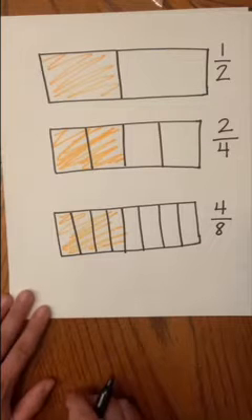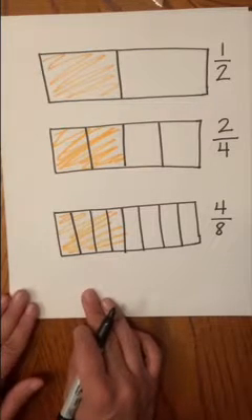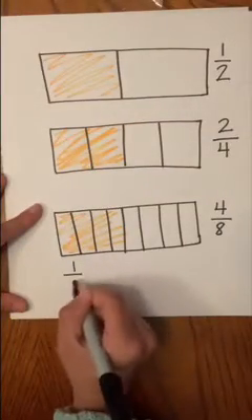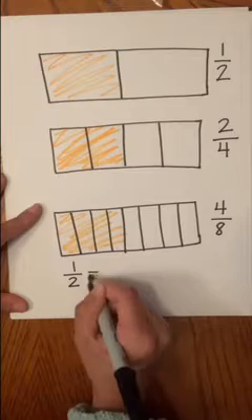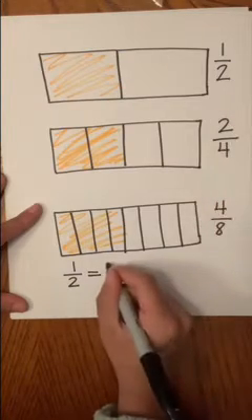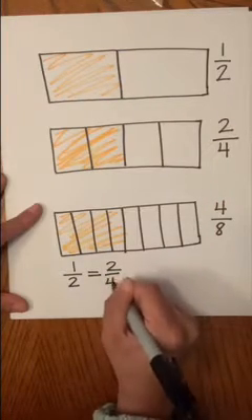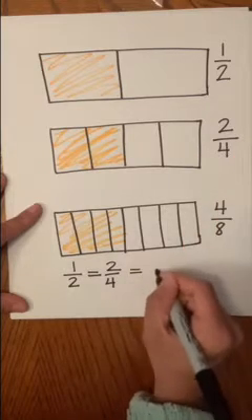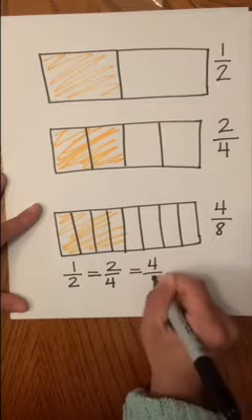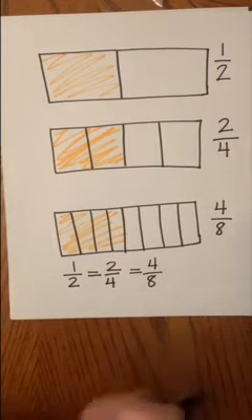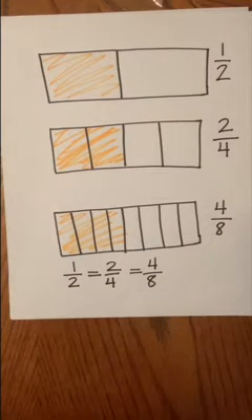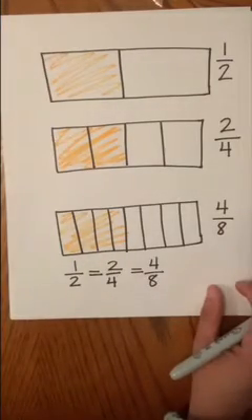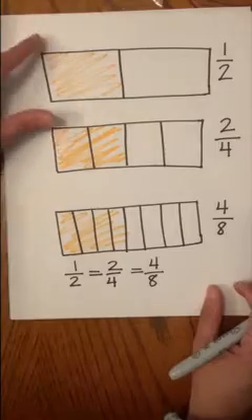So that means that 1/2 must be equal to 2 fourths, and it's also equal to 4 eighths, right? I have equivalent fractions. And if we pay very close attention to my tape diagrams,